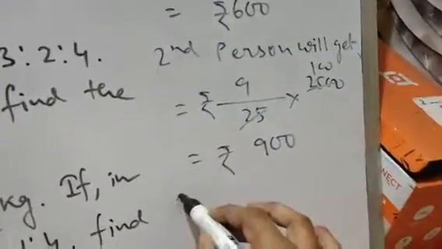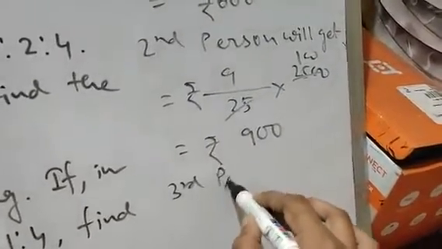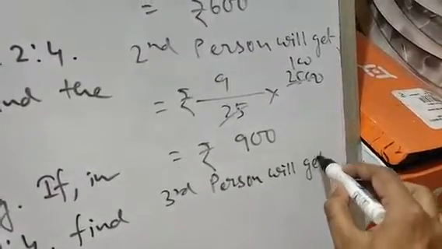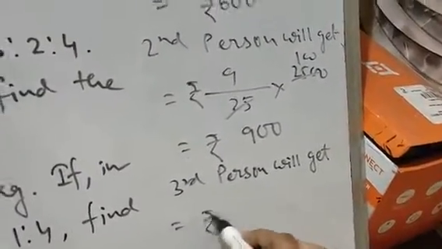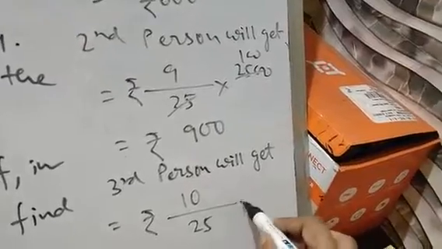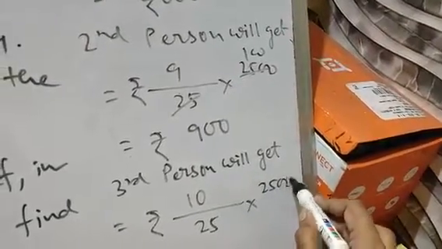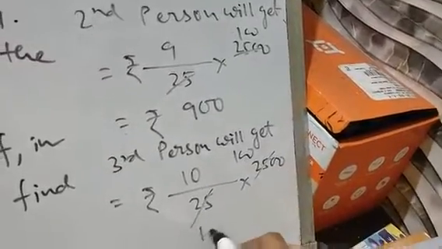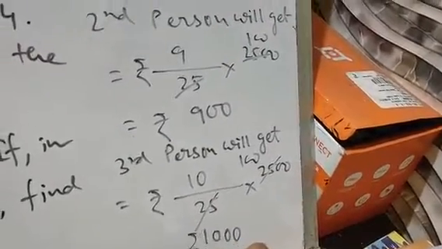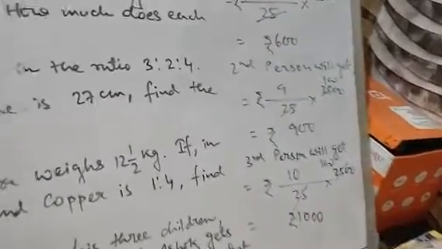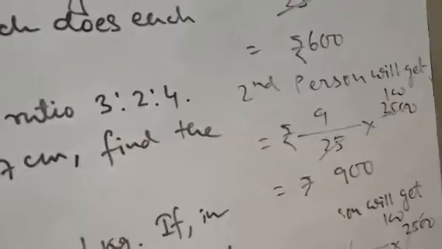In the same way, the third person will get 10 rupees, therefore 10 is your numerator, divided by the sum of the ratios which is 25, into 2500, reduce, therefore 1000, the third person will receive 1000 rupees. Clear? So in this way we will solve this type of question. Next